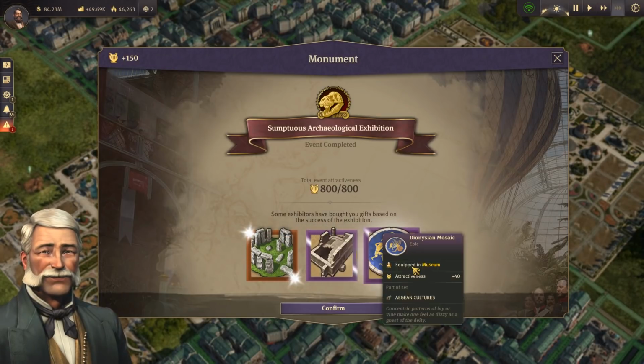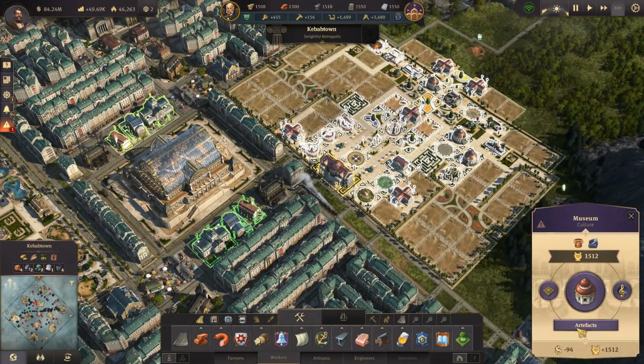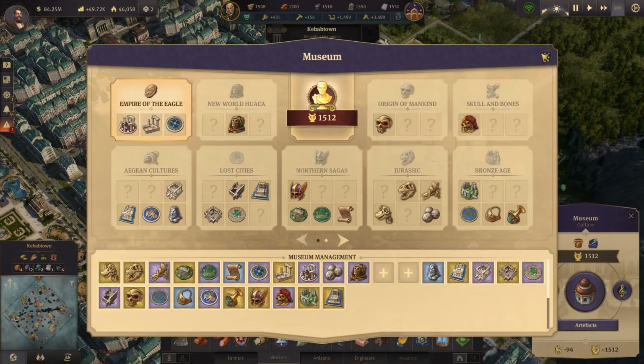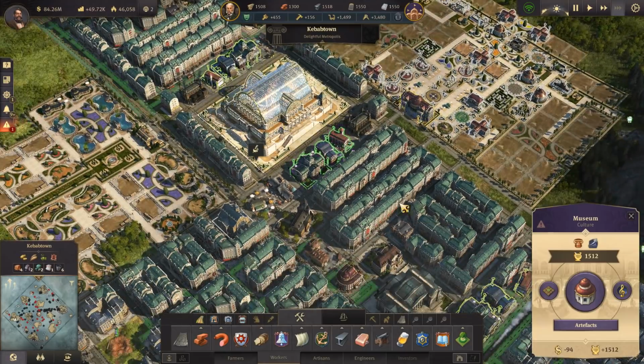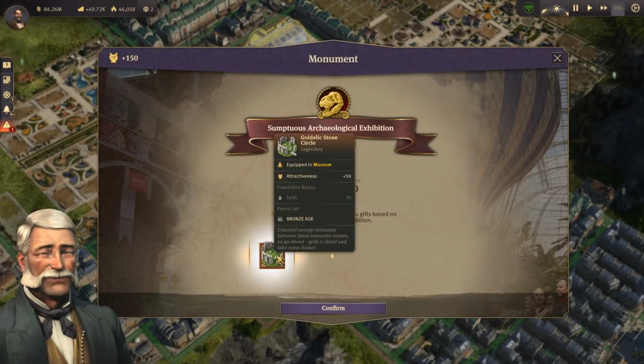So we get a new Stonehenge, a Mason house, and a Dionysian mosaic. So actually, we got nothing new. Those are items that we can actually sell for a few million, but